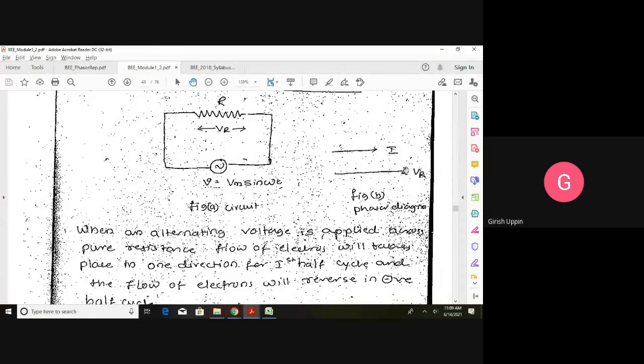This would be on the x-axis, and current is also on the same x-axis. So if you want to represent it on the same line, this would be the I. So that is the meaning: the I is on the x-axis, same as that of the voltage. That means the voltage and current are in phase, or the angle between the voltage and the resulting current in a pure resistance is 0.